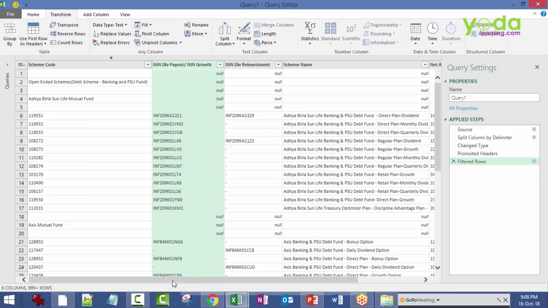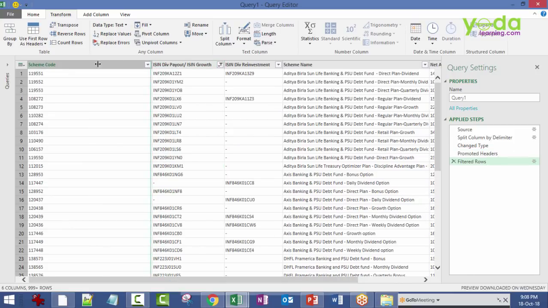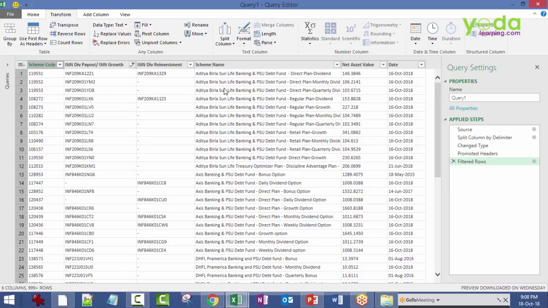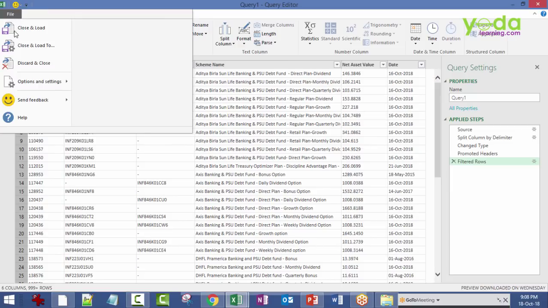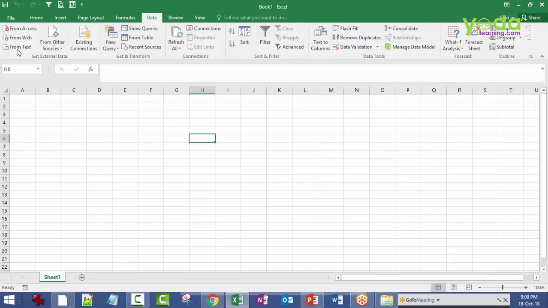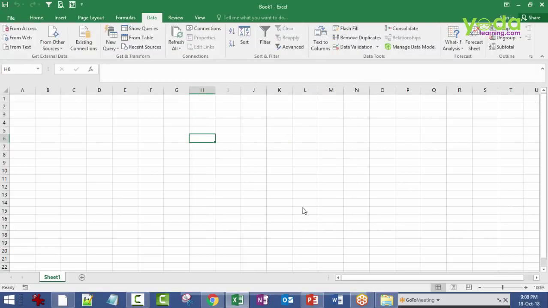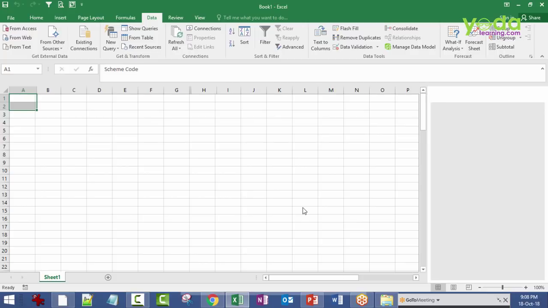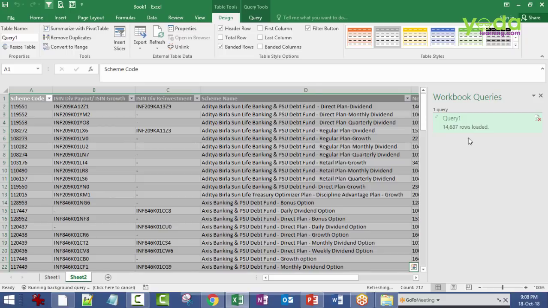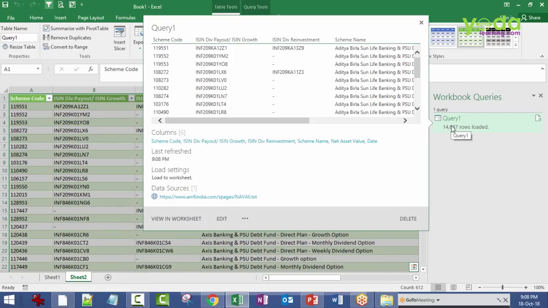Done. Okay. Now I can optimize the view of the screen, and once it is done, I will say file, close and load to Excel or another file or a table. I click on load, and you know what happens now? Approximately 17,000 lines of data, in this case 15,000 lines of data, is going to be populated from the website